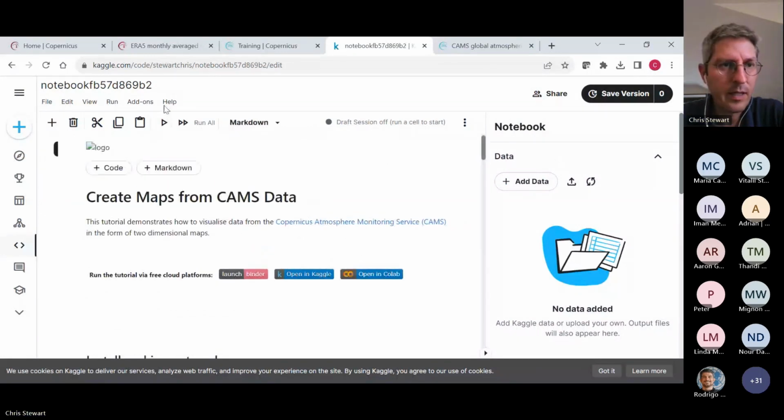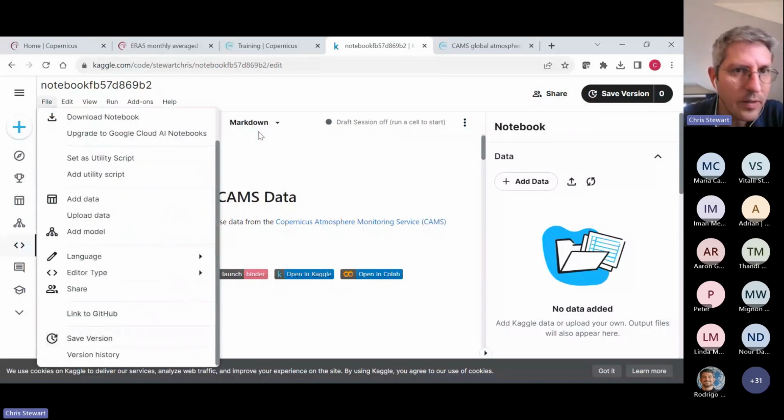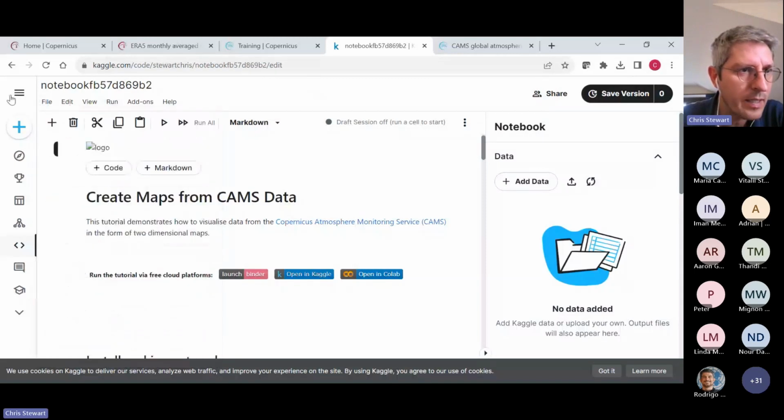Now, I think if you're already registered with Kaggle, it logs you in automatically. But if you haven't registered, you just do a very easy